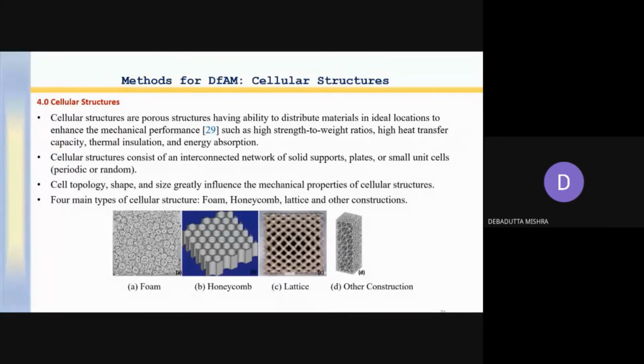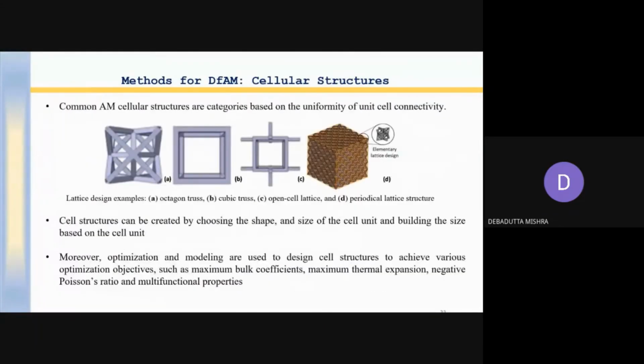One is foam, you can see there, honeycomb structure, lattice structure, and some other constructions. Here the most commonly used is the lattice structure. But all other types have their own specific applications. This you have to define during the design, which type of structure is required to support the final part.